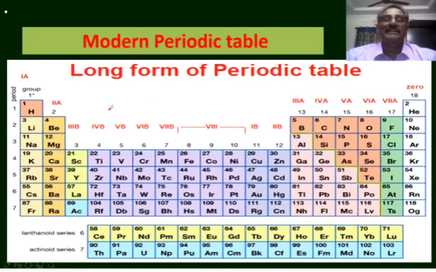As this periodic table reflects the electronic configurations, the elements which possess the similar properties lie in the same group of the periodic table. We already discussed that there is a relation between the electronic configurations and the properties of the element, as the properties mainly depend upon the number of electrons in the valence shell. As the elements in the group possess the same number of electrons in the valence shell, they possess similar properties.